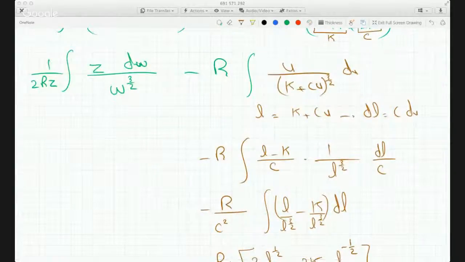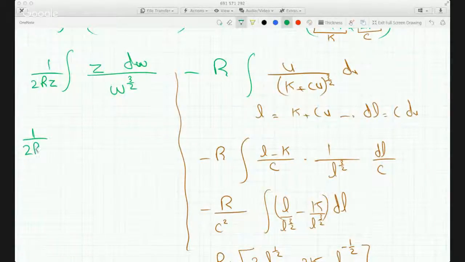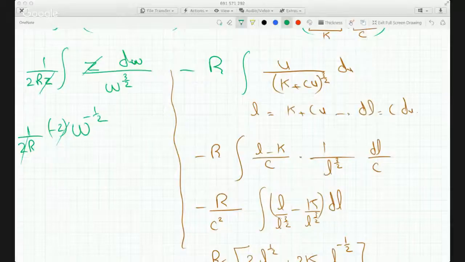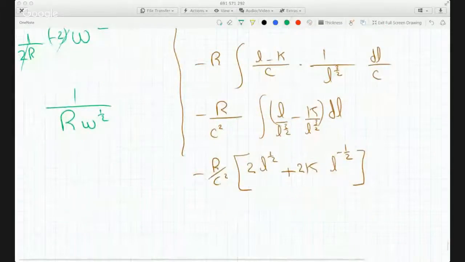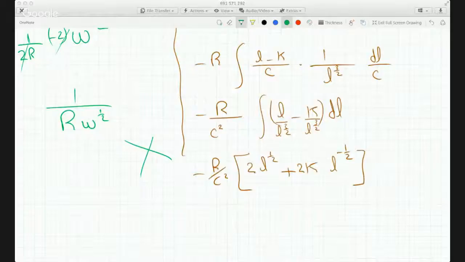And on the first integral, we get 1 over 2. Let me do it in green since it's in green. So 1 over 2rz, right? And by the way, this z crosses out that z, so I don't need a z. So this becomes minus 3 halves, add 1, so minus half and multiply by minus 2. So this 2 cancels that 2. And the final answer will be 1 over r w half. Okay, so putting these two results together, we will get,